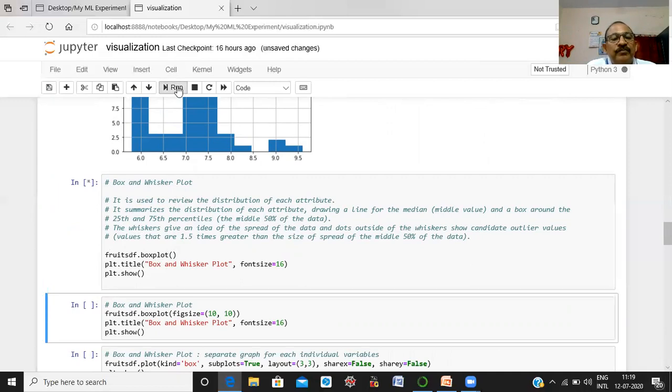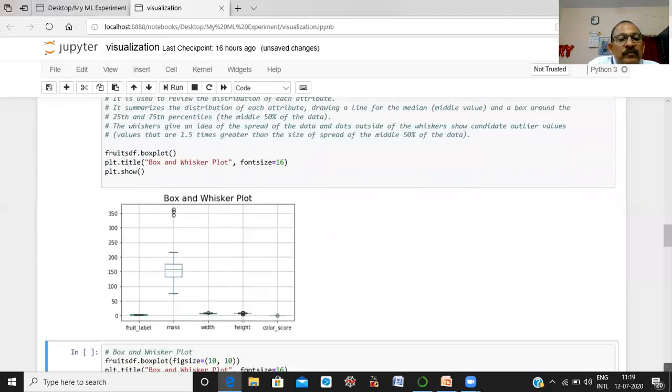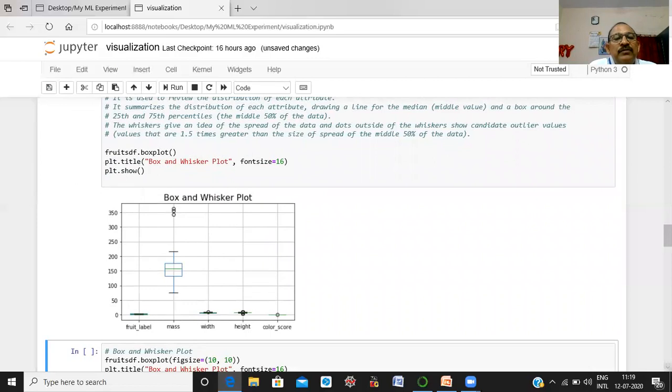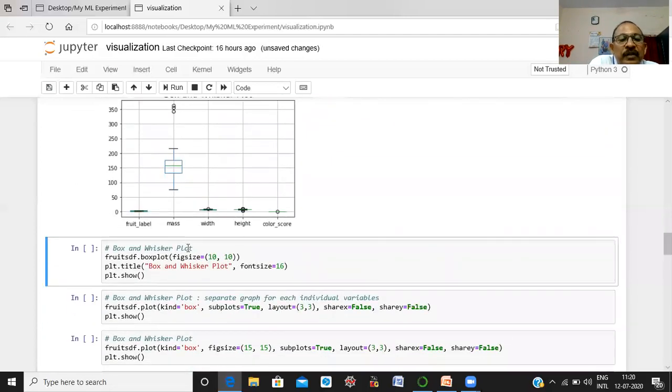Let us see. Here, this figure shows the box and whisker plot of each variable in our data set. Now, suppose we want to increase the size. We again use the function figsize. Here we use 10, 10. Now execute this.